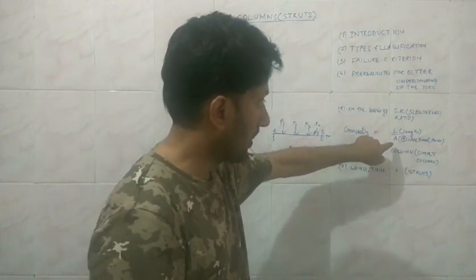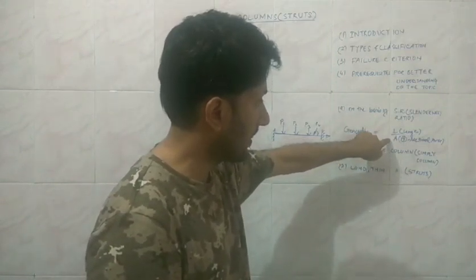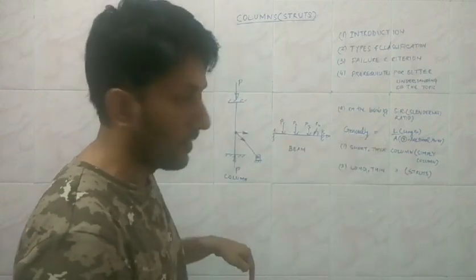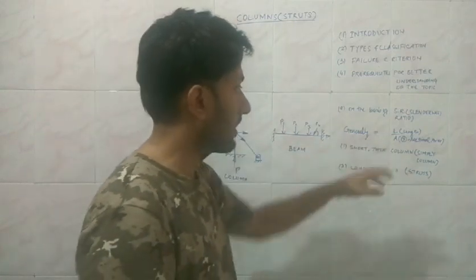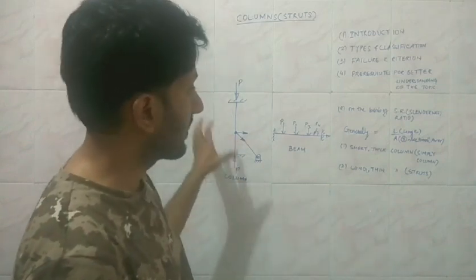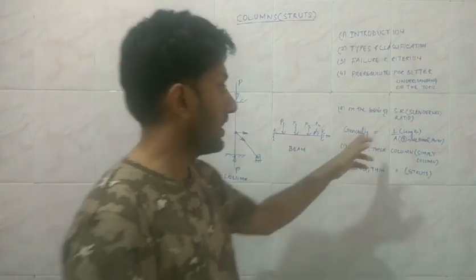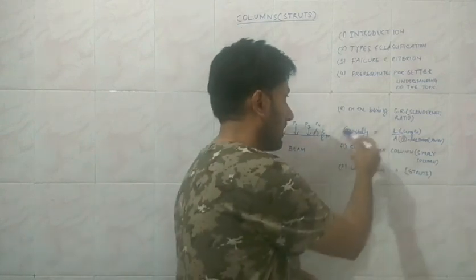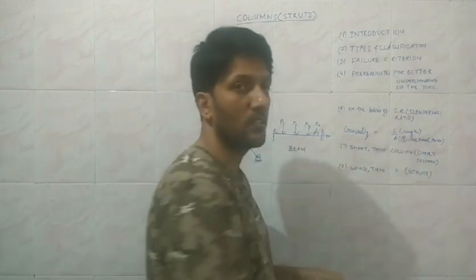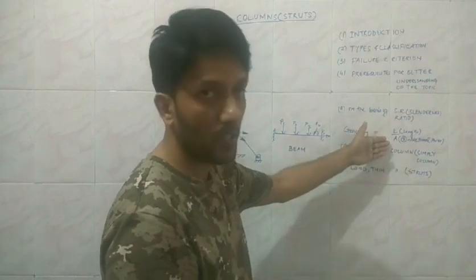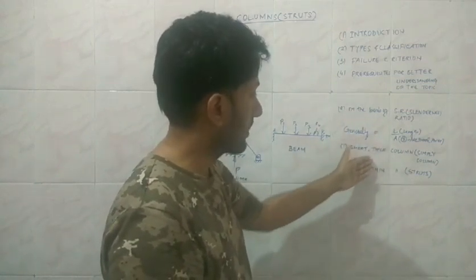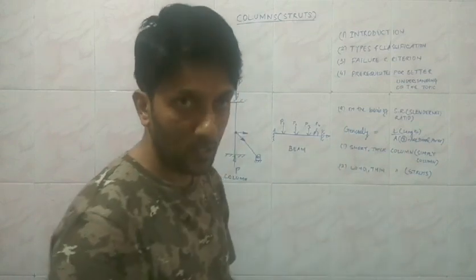So what is the point here? The cross sectional area is the area which provides the resistance for the direct load, and the distribution of the area about a certain axis also provides the resistance to bending. So we need a parameter over here in case of the columns. In the general definition, your slenderness ratio is basically the ratio of length by area. So that is sufficient to categorize something as short and thick or long and thin.